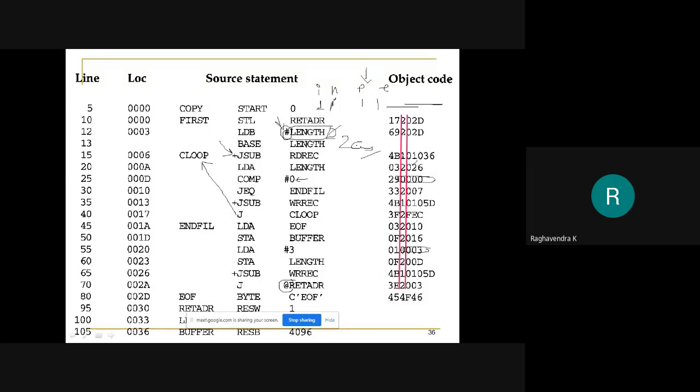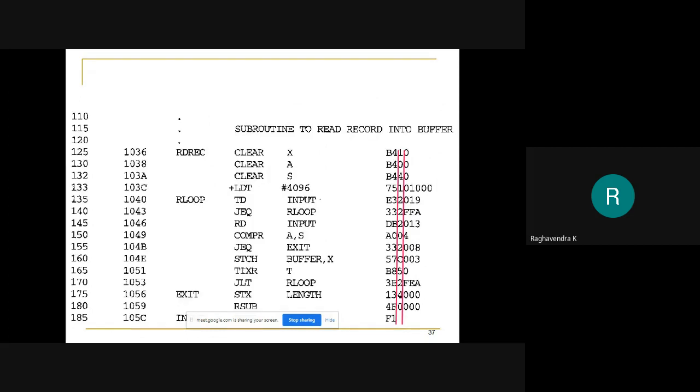Okay. So I also discussed indexed addressing mode. When you find an X in the instruction, you are supposed to mark X as 1, and consider the value of X, meaning the content of register X, in the target address calculation. But normally at the beginning, X would be pointing to 0, or if any value of X is given, then you can consider that for target address calculation. But if it is 0, then you need not consider it at the time of assembly.